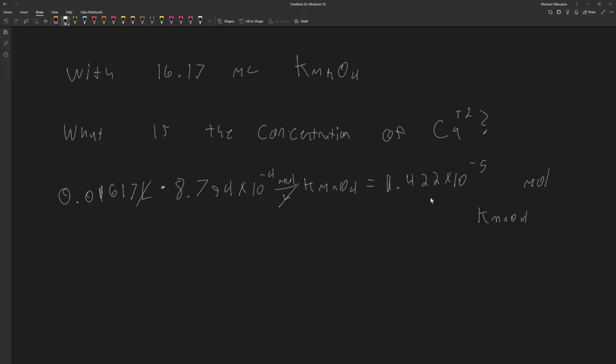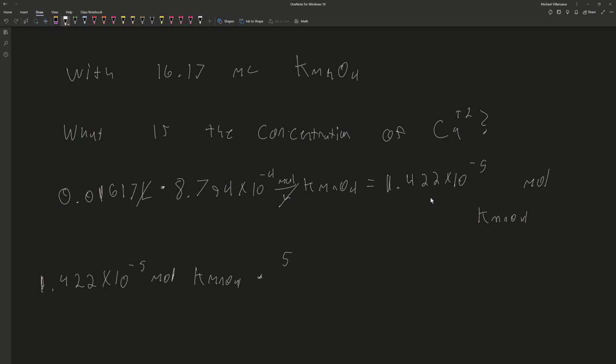These are the moles of KMnO4 we have inside that 16.7 mils that we use. Remember, though, it's not a 1-to-1 reaction. It's a 5-to-2. So for that 1.422 times 10 to the negative fifth moles of KMnO4,